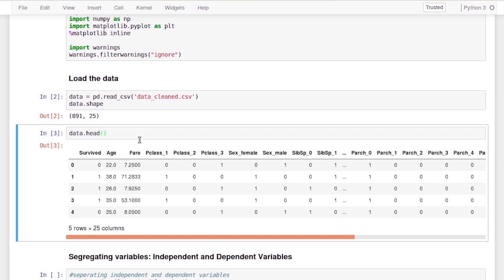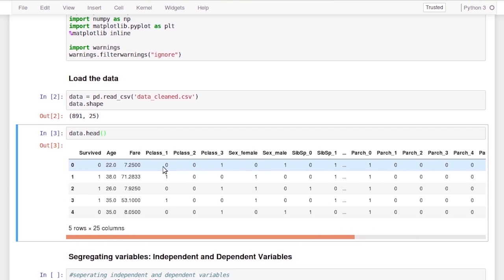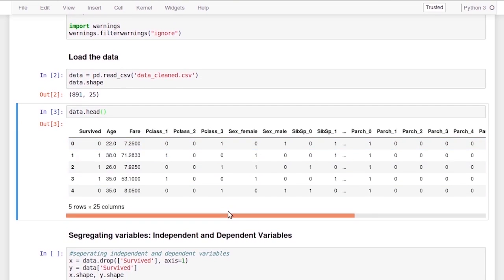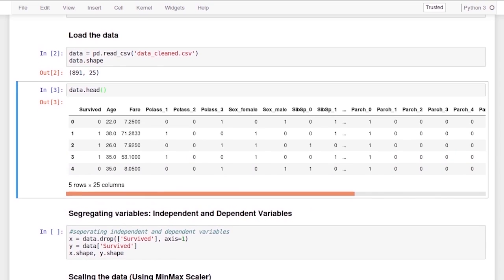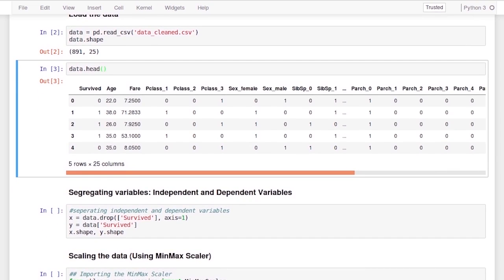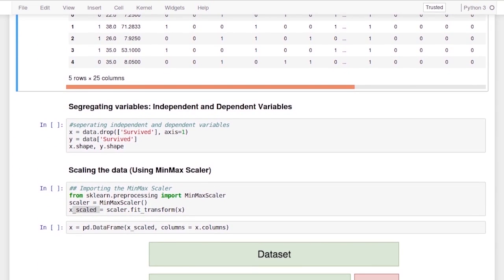Now when I say the cleaned version of Titanic dataset, I mean that we have already taken care of the missing values. So we have imputed the missing values, and all the categorical variables are already encoded into numbers, since we know that most machine learning algorithms cannot deal with categorical variables. So we change these variables into numbers. Since the idea behind this notebook is to learn how to work with the KNN model, we'll skip the imputing missing values and converting the categorical variables part. We have already covered it in the previous modules. So if you want to get a quick review, you can go back and watch the videos.